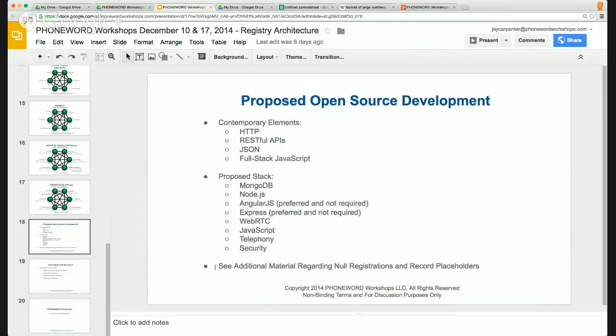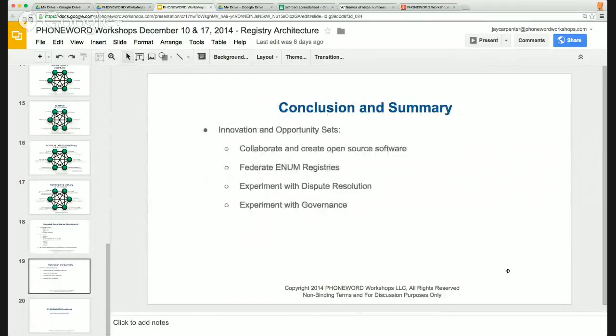So this reference, see additional material regarding null registrations and record placeholders, is referring to the paper in 2005 that we just went over. So let's start to wrap it up. The conclusion and summary is